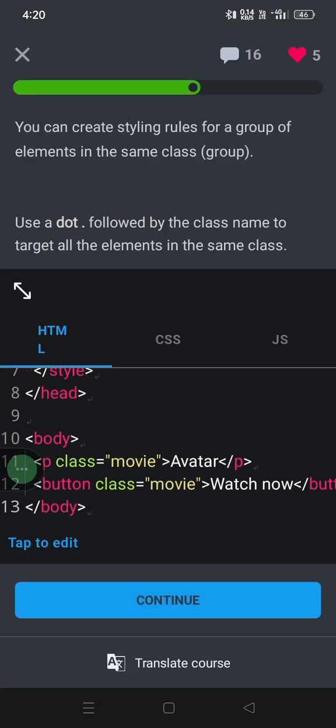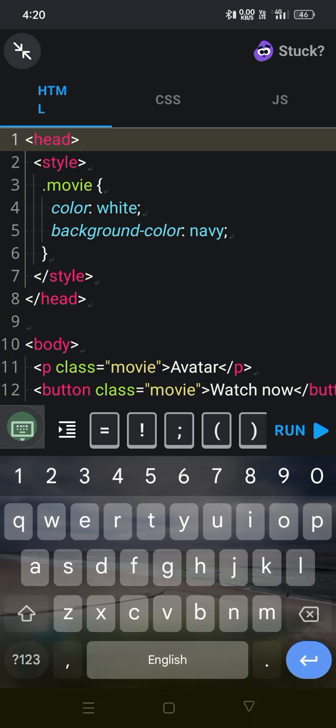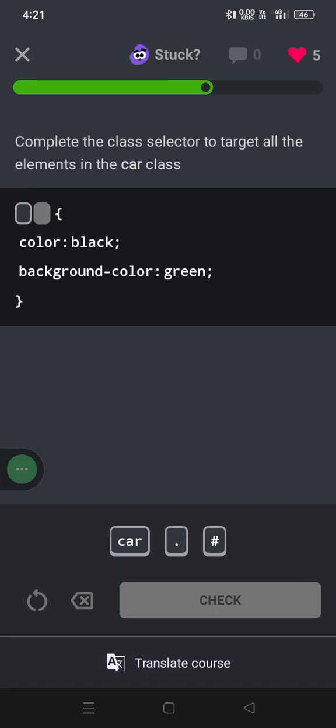But here is a dot. If you use the class in the tags, in this CSS write down dot movie. Now complete the class selector to target all the elements in the car class.